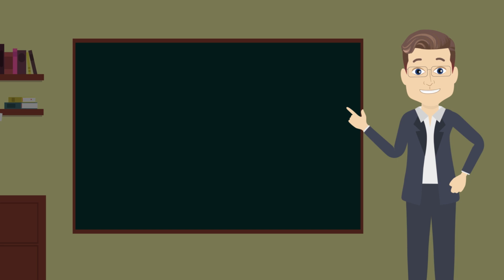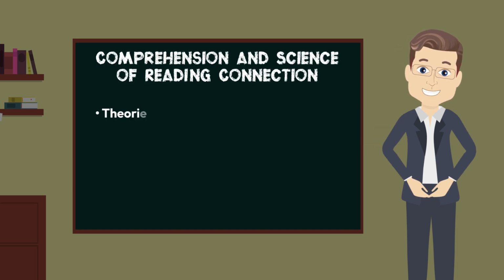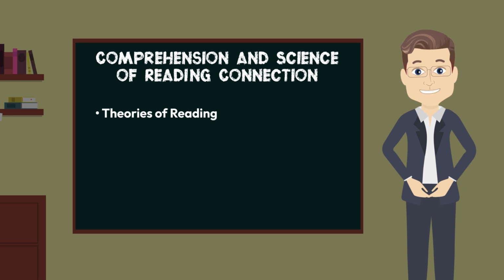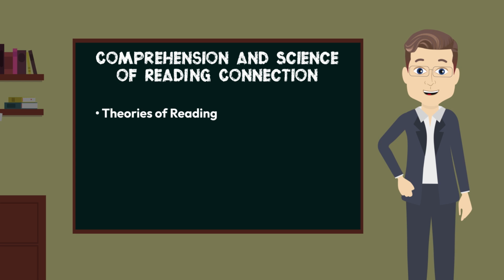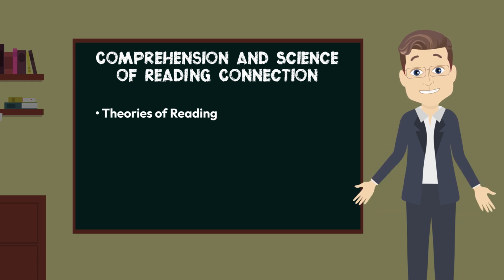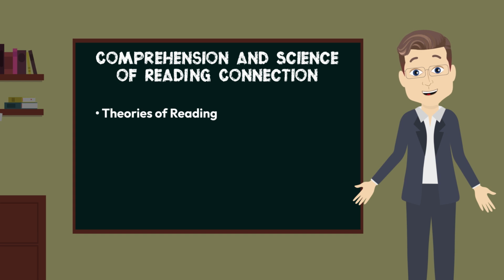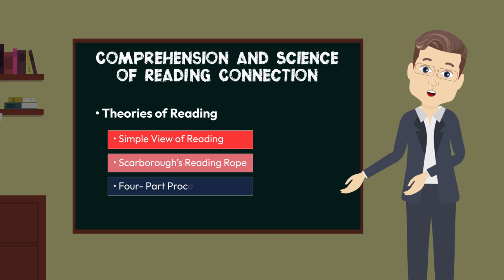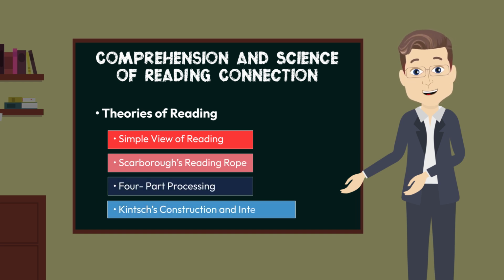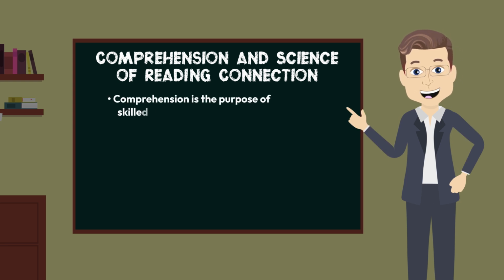We then began an exploration of the connection between comprehension and the science of reading, and determined that reading comprehension is a major focus within the science of reading, a field that combines insights from psychology, linguistics, education, and cognitive science. We revisited several reading theories that we learned about in Module 2: the simple view of reading, Scarborough's reading rope, the four-part processing system, and Kintsch's construction integration model, and discovered that this research views comprehension as the ultimate